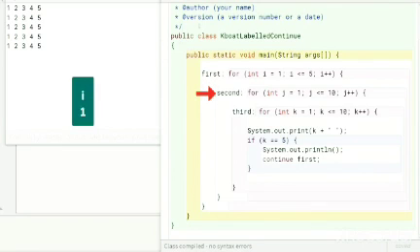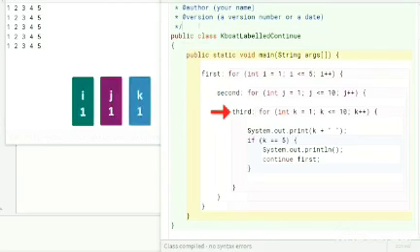Here we have our second loop. j is initialized to 1. Condition of the second loop is true, so program control enters inside it. For the third loop, k is initialized to 1. Condition is true. Program control moves to this line. This 1 is printed to the console. Program control comes to the if statement.